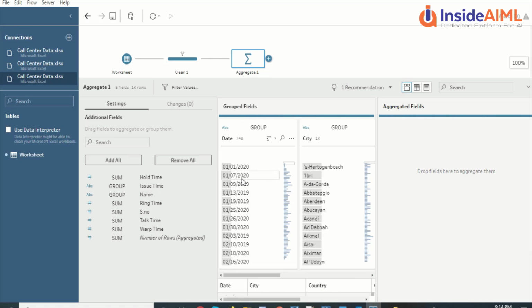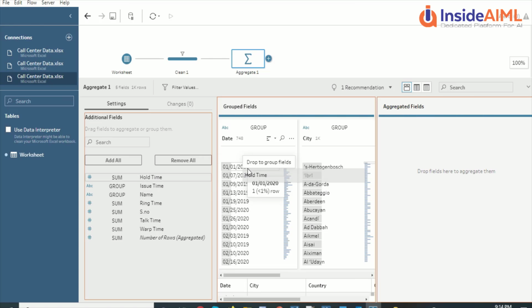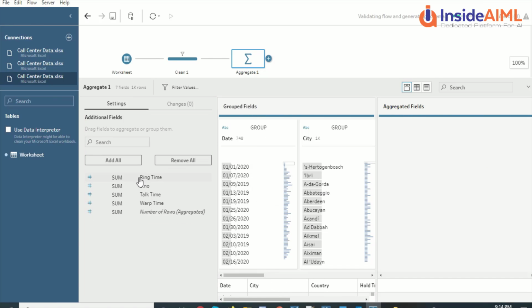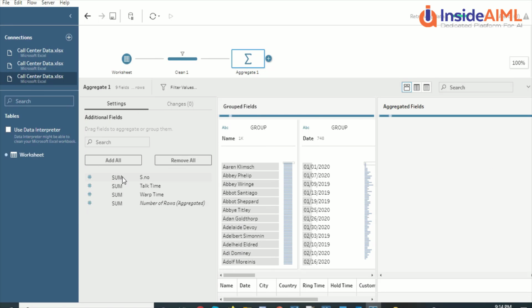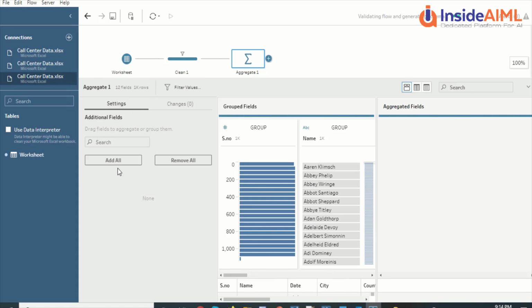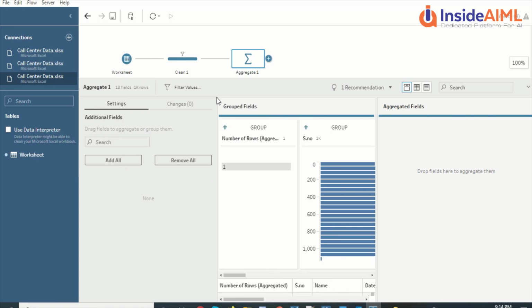I don't want to add date to aggregate, so I keep dragging them to group. Another option is I click here and say group by. Okay, so I have aggregated.